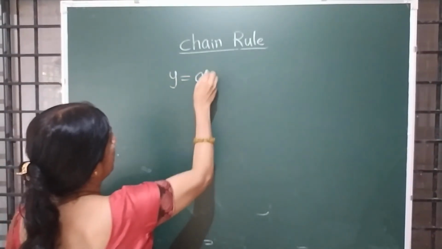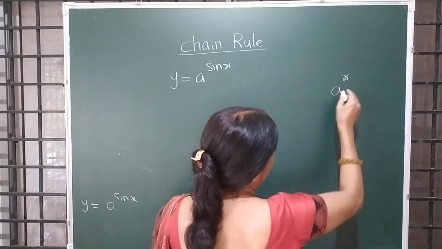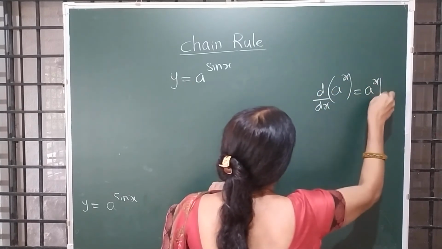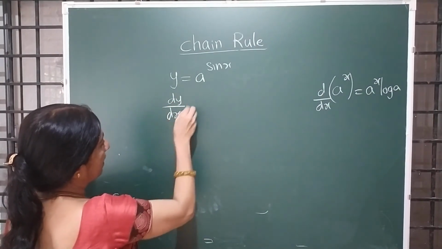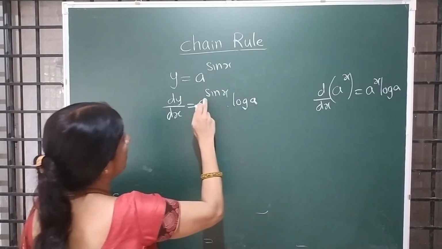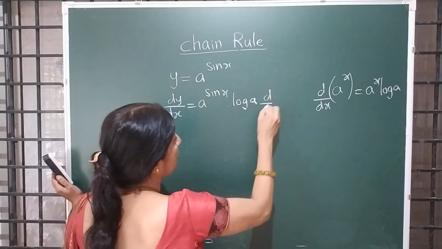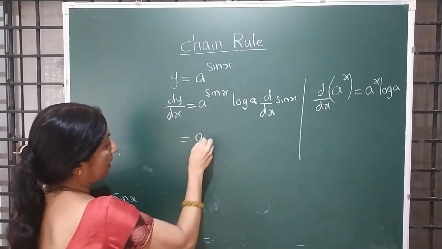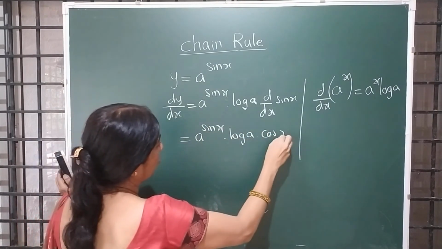Moving to the next one, fifth one. Y is equal to a to the power sin x. See, it is in the form of a to the power x and you are familiar with its differentiation. It is a raised to x into log a, correct? That is the first simple step you are familiar with. It is a raised to sin x into log a. But here the power is sin x, not x. That means the power is other than x. Yes, I think now you are familiar. It is a to the power sin x into log a, into differentiation of sin x, which is cos x.